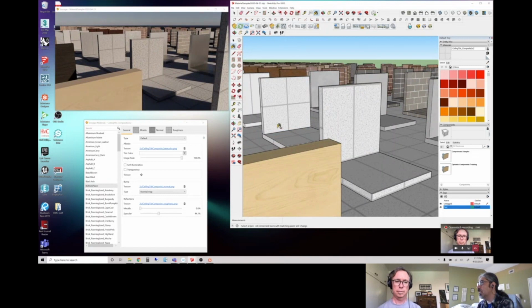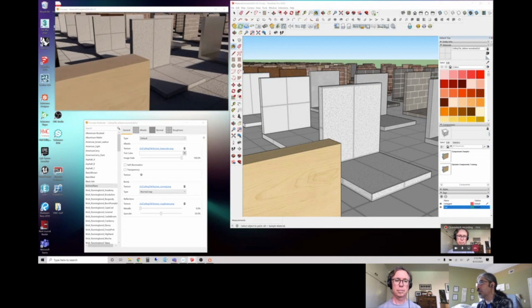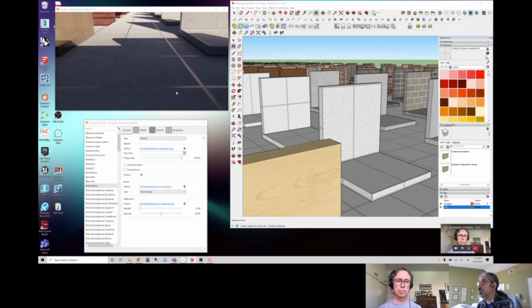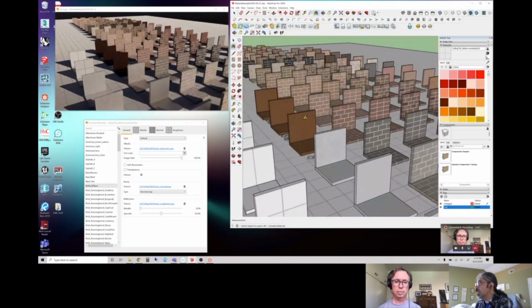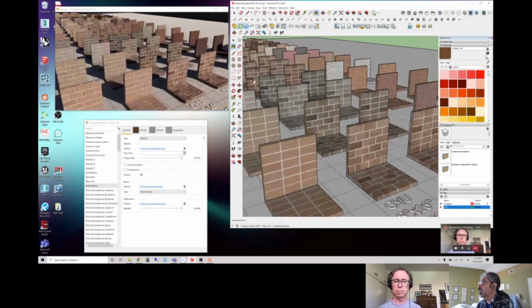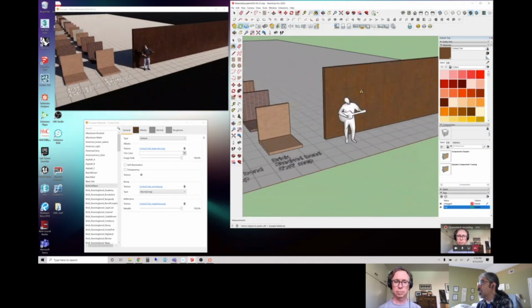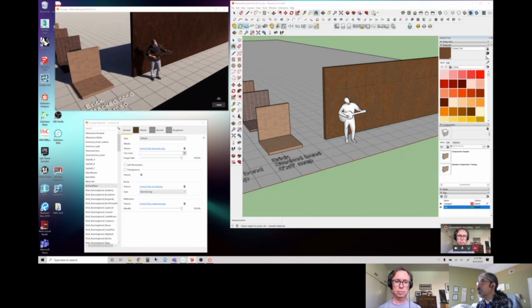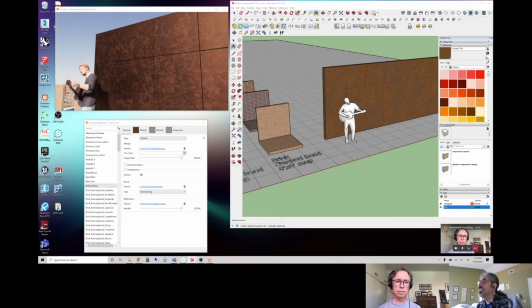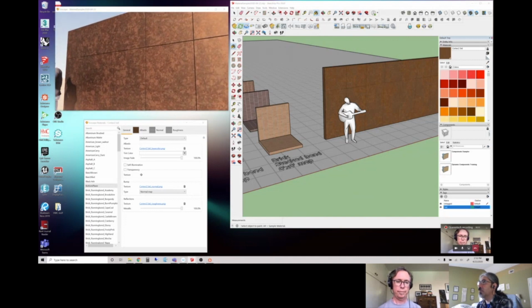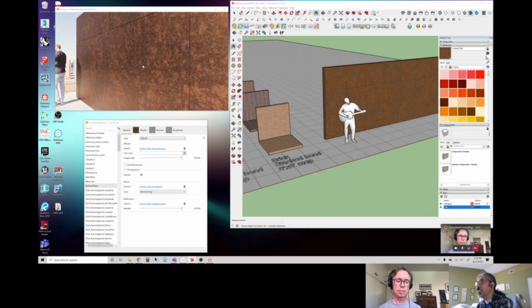So I made the basics, the typical ones that I use most of the time when we are doing renderings. And then this one came out. Jonathan Ricker was working on a project, and he asked me, do we have anything that is a Corten? So I quickly created this Corten map, and I put that guy over there playing guitar. But you can see how the Corten reacts and has the shininess.